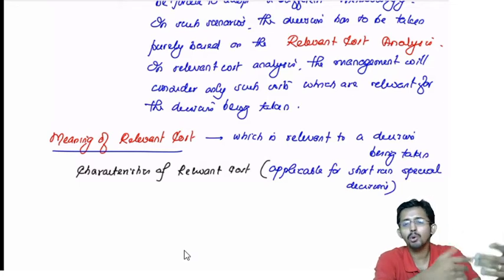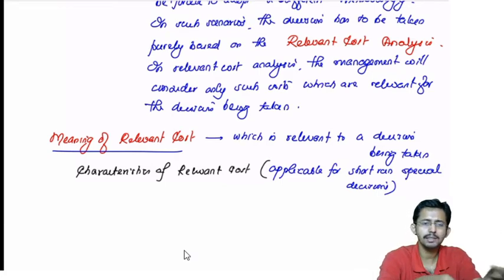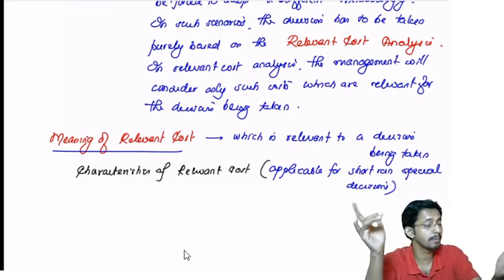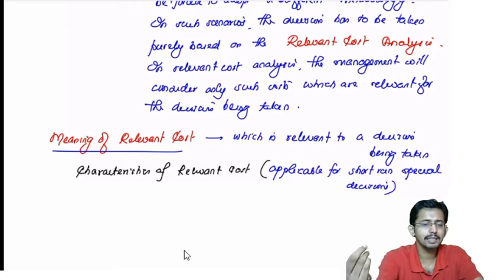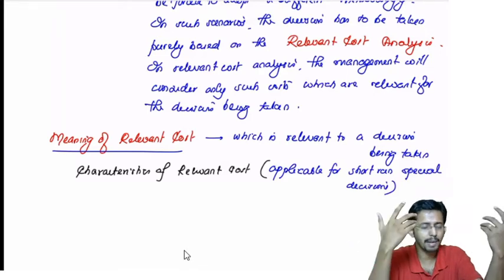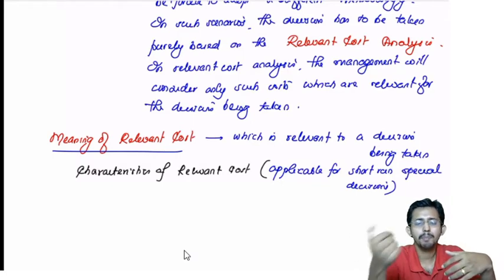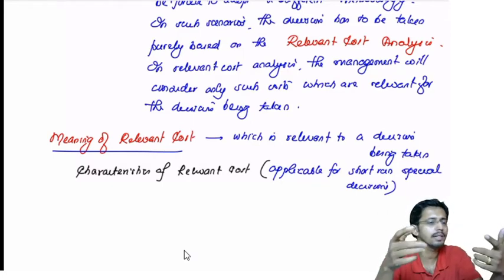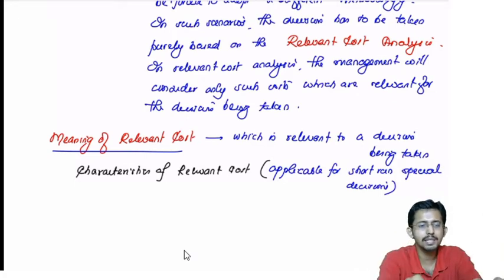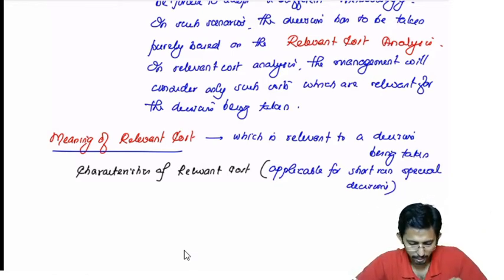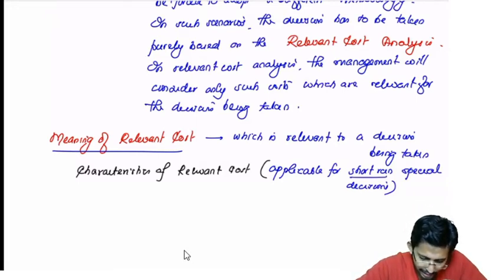Otherwise you want to put a price for that 3 months. If there was no COVID issue, will you go for this relevant cost analysis? No, you will still go with your total cost analysis because there is no uncertainty, there is no extraordinary situation, there are no special situations forcing you to apply this relevant cost approach, because it is a normal quarter itself. Whatever pricing you are following for the previous quarters and you have planned for the entire full year, you can use that. Only when there is a special situation which forces you not to adopt the total cost approach can you go for the relevant cost approach. Is it clear? So it is applicable for short run special decisions.